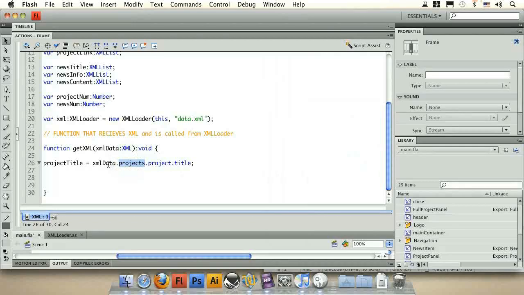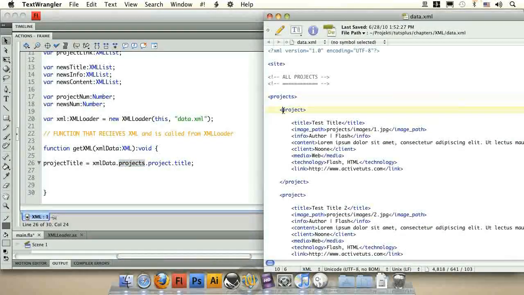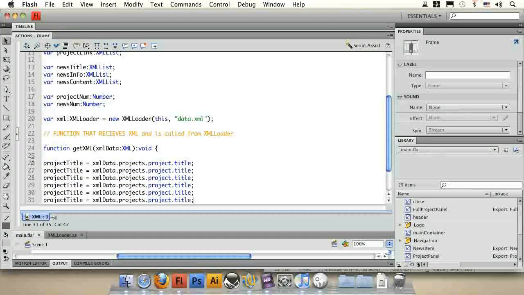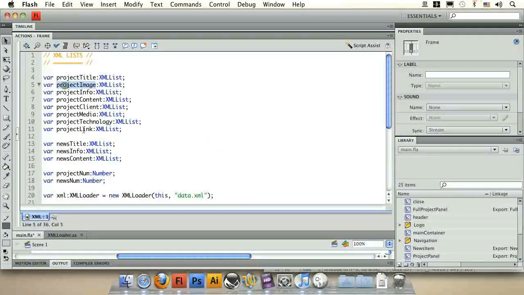So XML data dot projects. Okay, so this is all our projects. Then dot project. This is the project. And then title is the title of each project. Okay, so this is how you access the tags inside of XML. So projects, project, title. And if we copy, again, paste, paste, paste, paste, paste, paste,